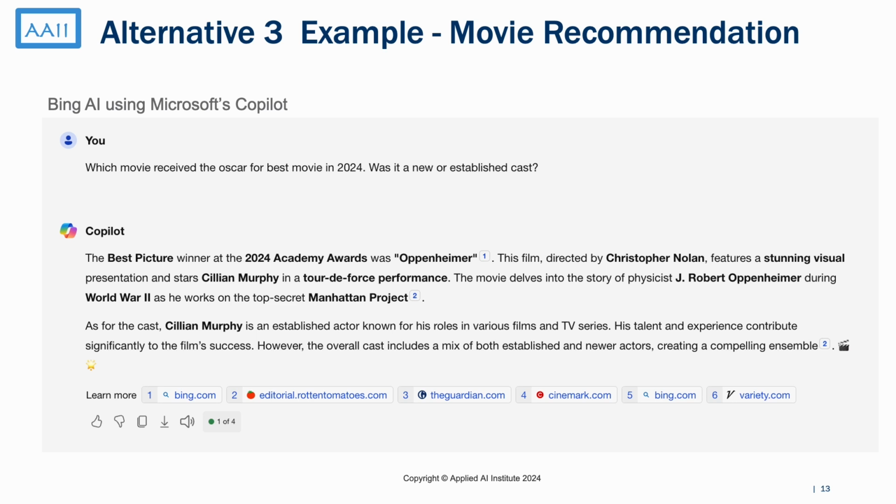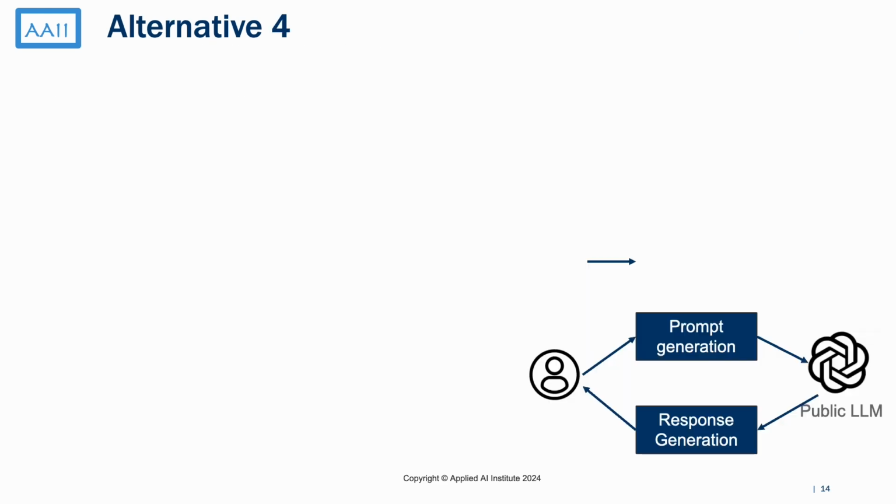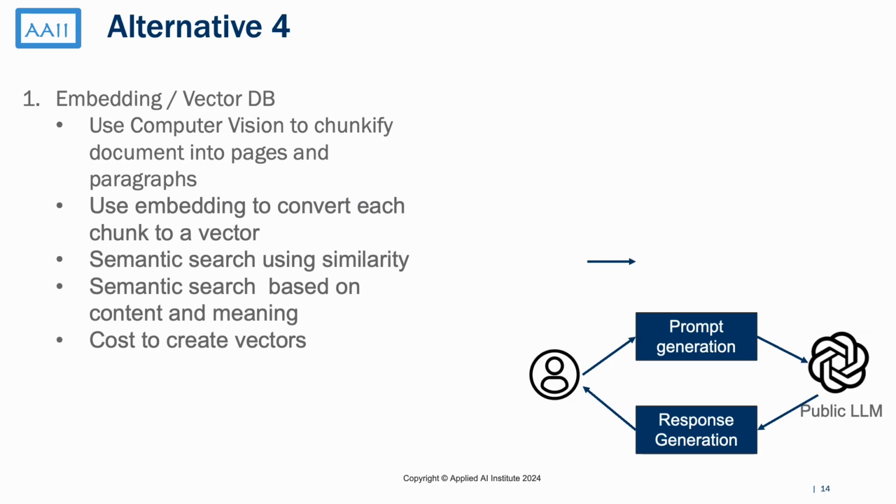Alternative 4 involves RAG using embedding with vector databases. The concept of embedding is a crucial element in the functionality of large language models. And you might wonder how an LLM knows where to look for information. Embedding is the process used to create a searchable corpus, and it is also the technique we employ to categorize our private or most recent documents.